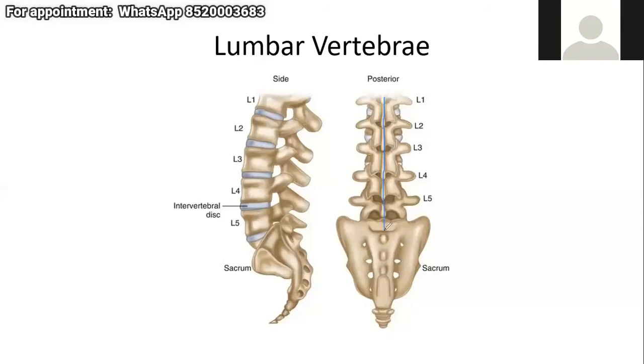Once we suspect that there is a facet joint problem, we can confirm it through some physical test. The physical test simply involves the extension of the spine. We can ask the patient to stand erect and then slowly bend backwards, which can elicit pain. If bending backwards elicits pain, it indicates there is a problem in the facet joint. Whether it's degeneration or something else will be sorted out later.